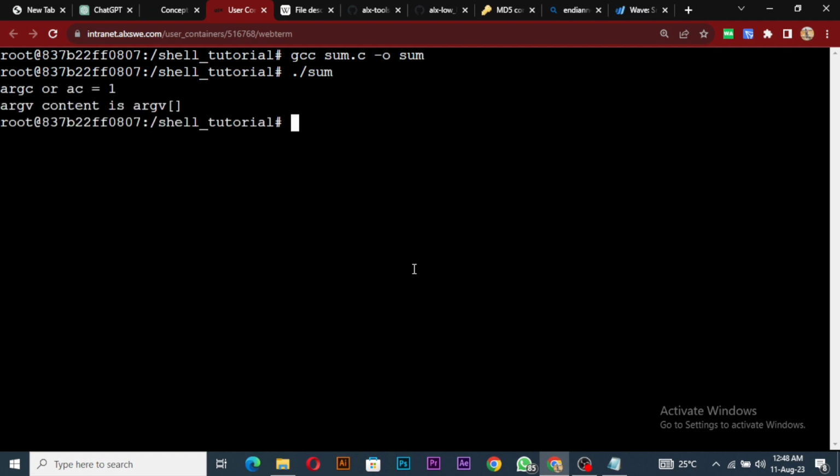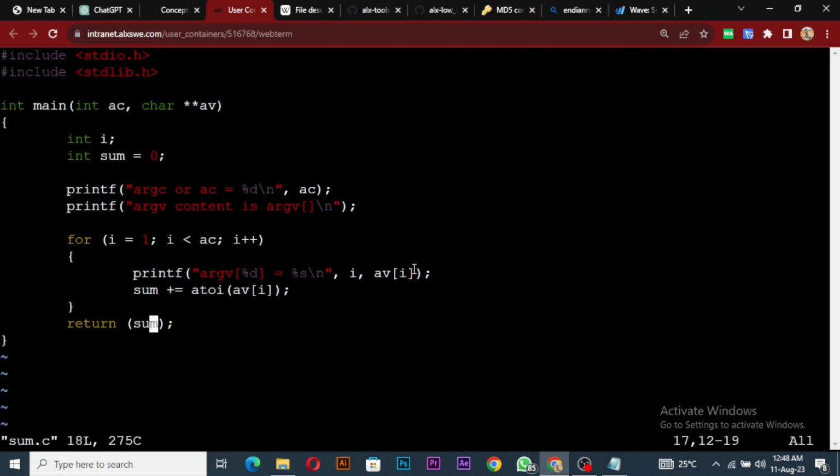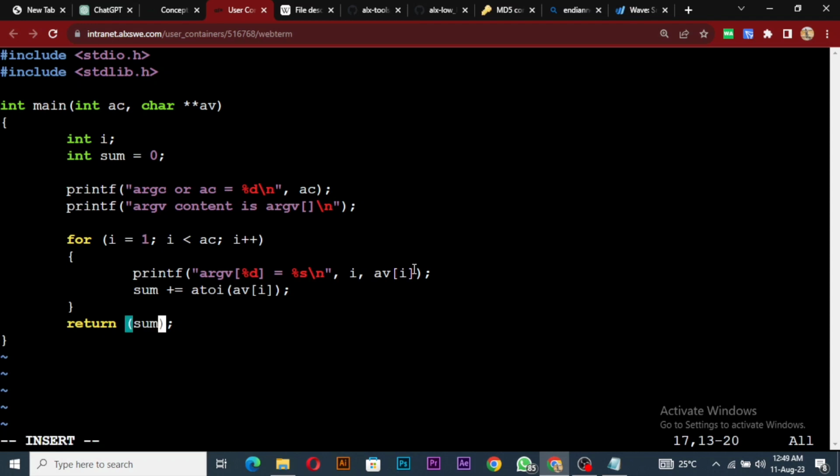Wait, there's something that is not making it. Okay. So you should return sum, or it should return 0. If it is a function, that's when it will return sum. You should return 0, but you should print out sum for us. So okay,